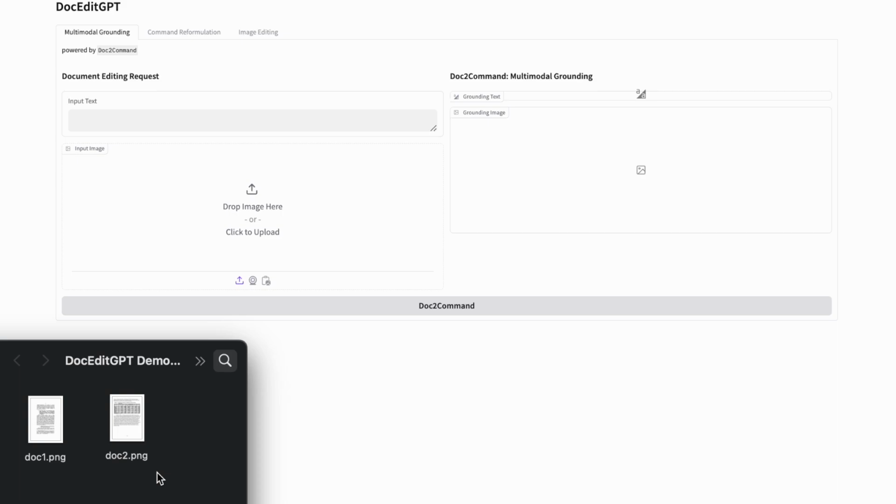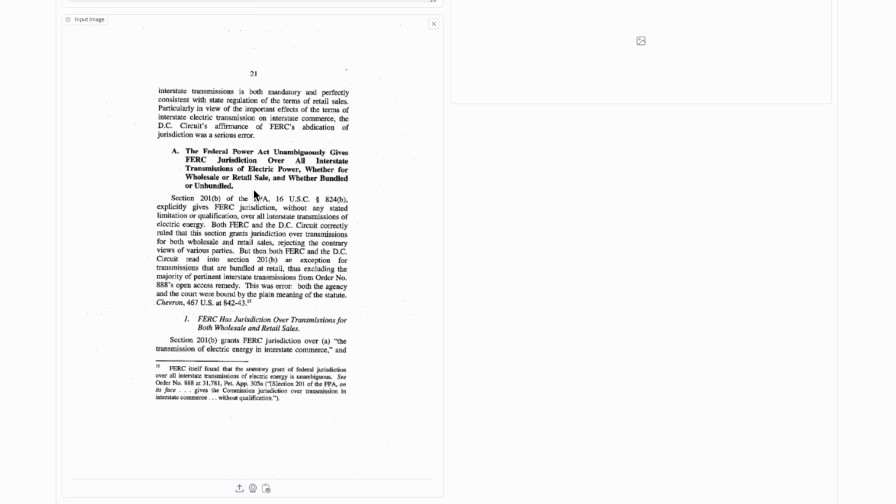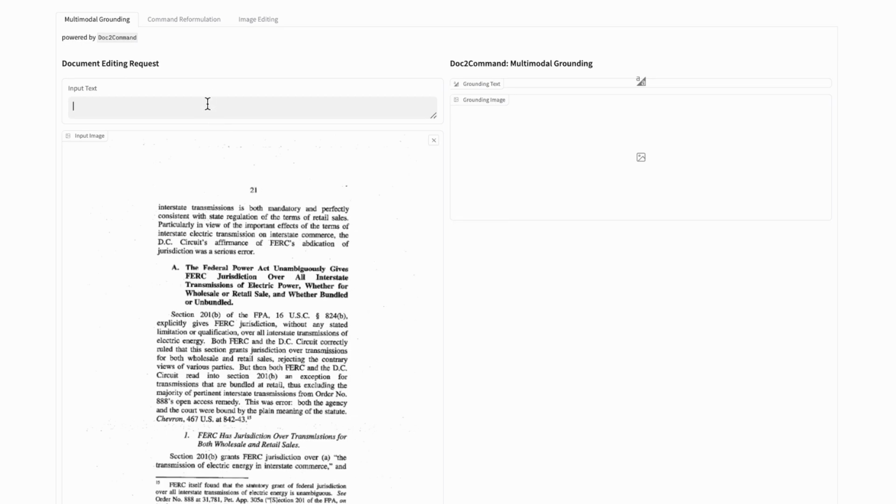In this demo for our tool, DocEditGPT, let's first take a document image and upload it to the tool. This is a document image and I need to enter the user request, being the user, in terms of what I desire to be changed or edited within this document. Let's say I want to highlight the first line of the heading, the Federal Power Act